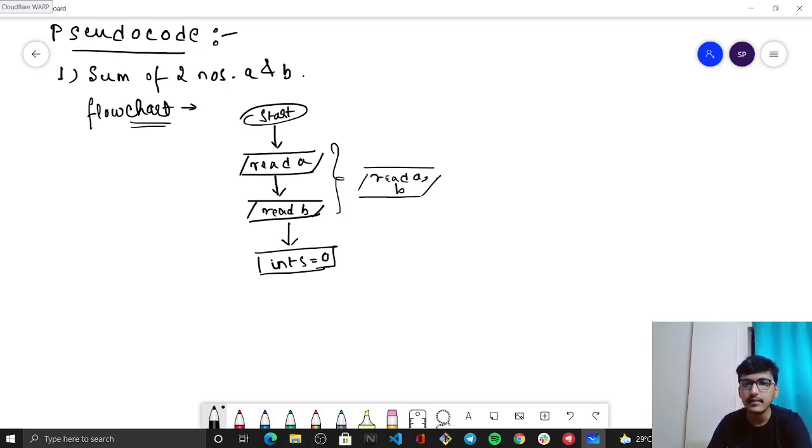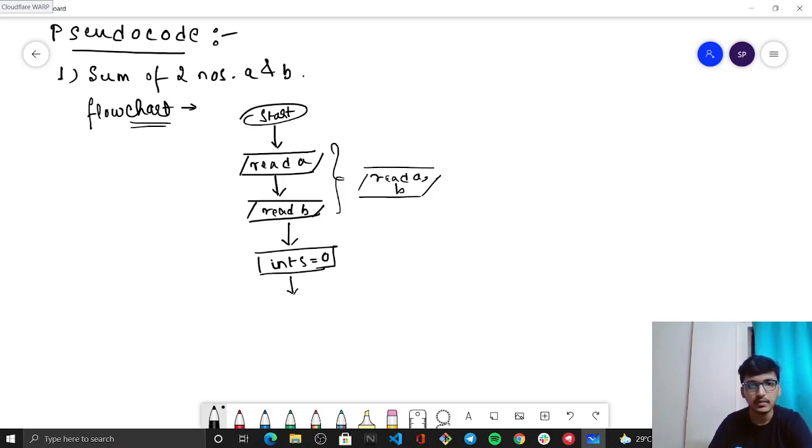If you remember, as I told you in the second video of flowchart, in the first video of flowchart I have written it as int s equals to 0. If you want, you can still write it as int s without initializing it to 0. That can also be done. But because we wrote it like this in the first video, int s equals to 0, I write it the same way here too. There is no harm in doing it here. So we did int s equals to 0, and then what we used to do is